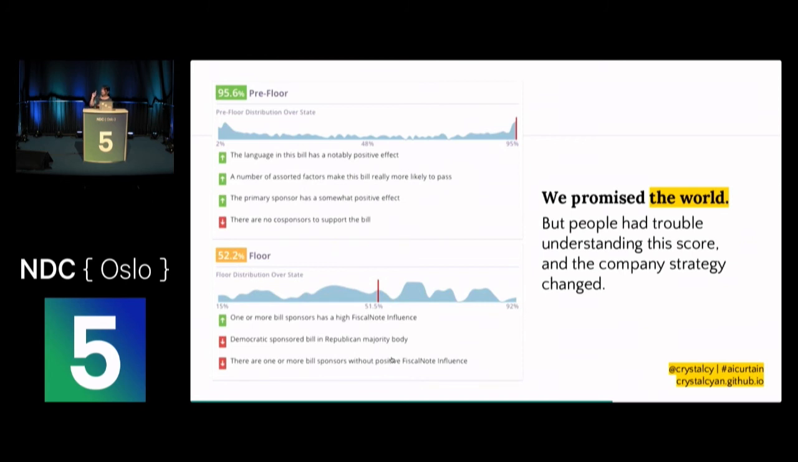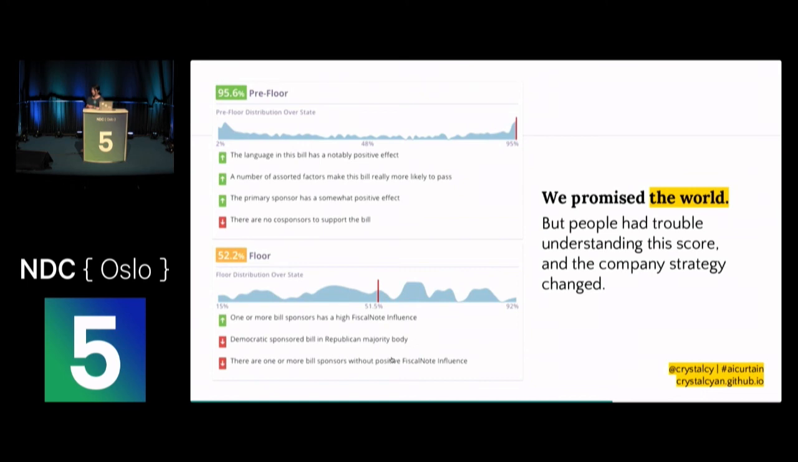So this is an example of the predictive analytics feature that I talked about earlier. You can see here there is a score for how likely something is to get to the floor, and then another score for how likely, once it gets to the floor, it is to pass. And in the legislative process in many states within the US, the first score focuses on how likely something is to even get out of committee. And then the second score focuses on the people who are voting on this, how likely are they to vote